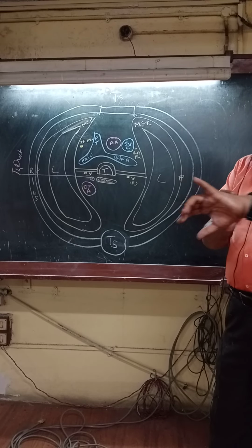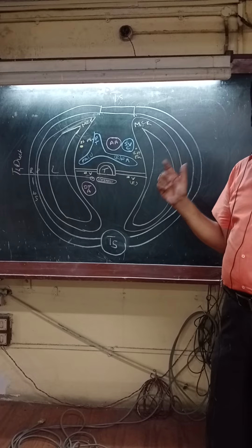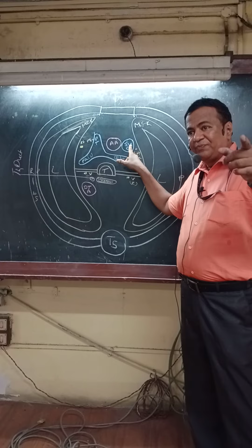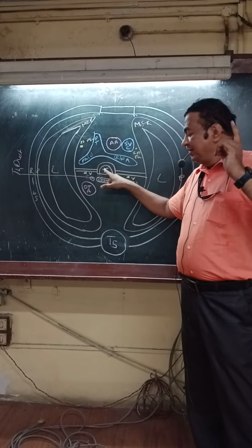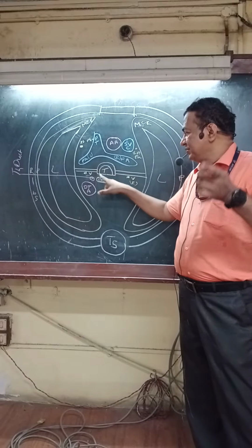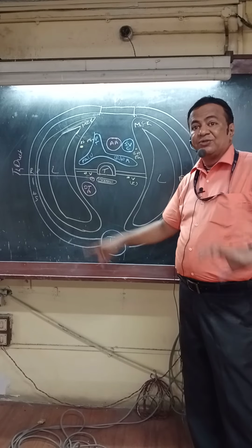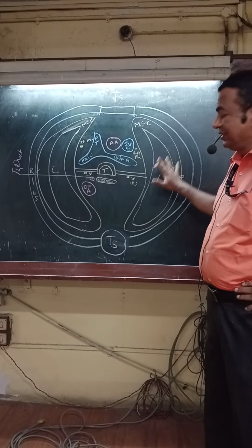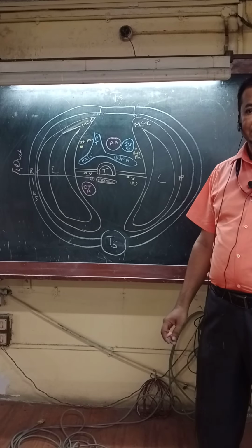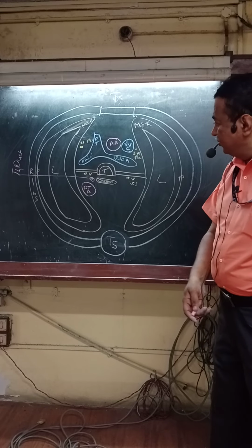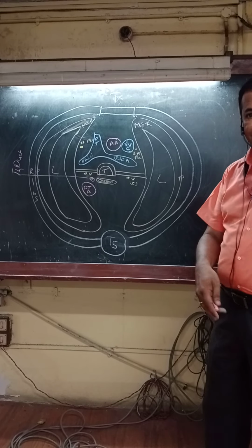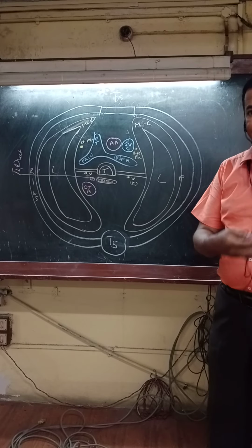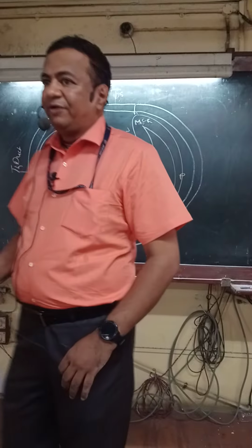What is the significance of this diagram? We can use this diagram if a question is asked on SVC, ascending aorta, trachea, esophagus, thoracic duct, or descending thoracic aorta. So many areas can be covered with this. Now that you are here, we'll start discussing SVC, the superior vena cava.